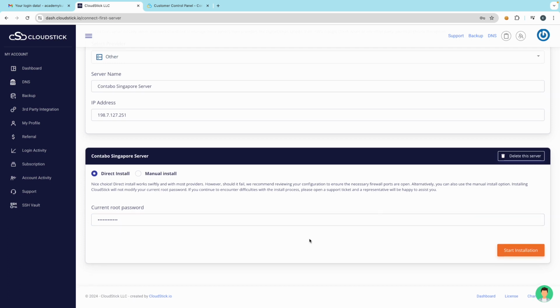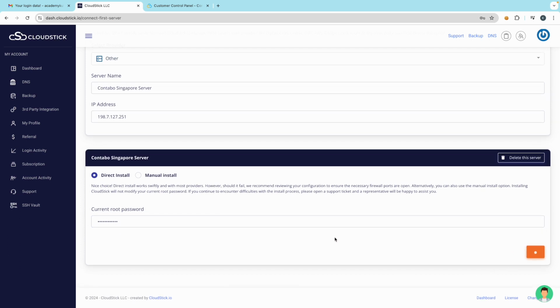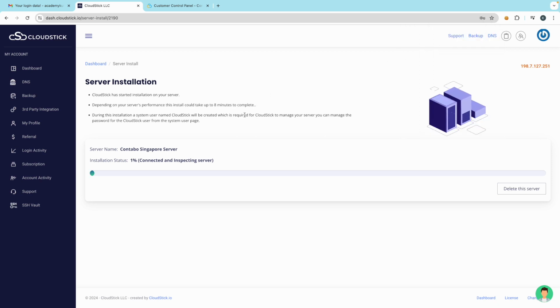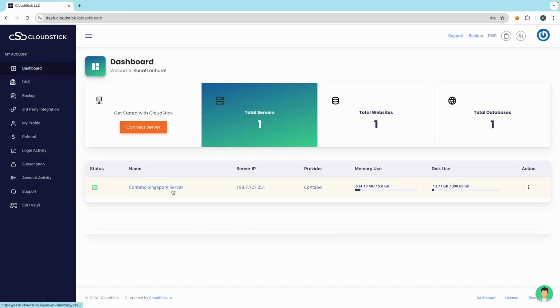Okay, so after that just click on the start installation button, so that now Cloudstick is going to install all the script, okay, and everything which is required, okay, for your VPS servers. Okay, so you just have to have patience, and within a few seconds it will install each and every script. Okay, so now guys, you can see that we have set up the Cloudstick and all, and